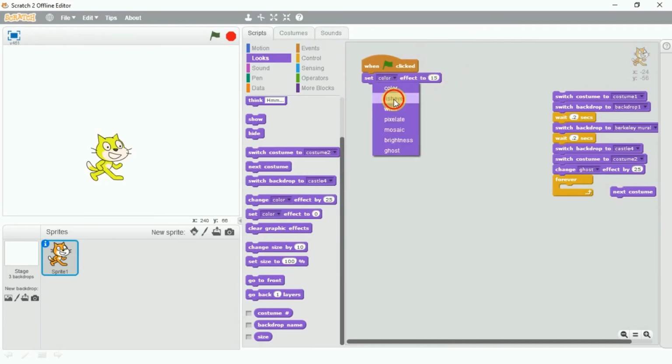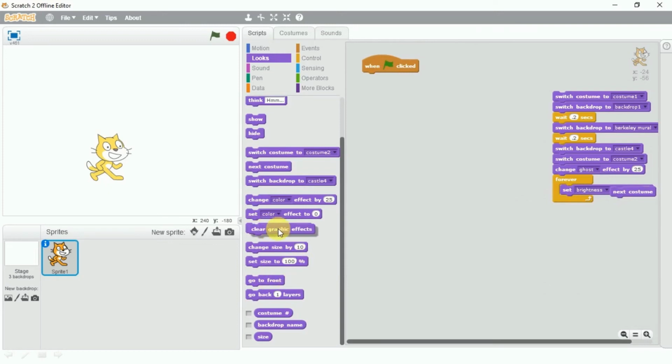If we want to set the value for the fisheye, got it, this much it will change. Let me give it 25 value. Whenever it will be executed, it will execute to this percentage. Got it? Like other blocks, for example, pixelate, it will change to this much percentage only. Like brightness, let me stop it and then execute. Now let's see brightness. See, got it? So I hope you are clear with this also.